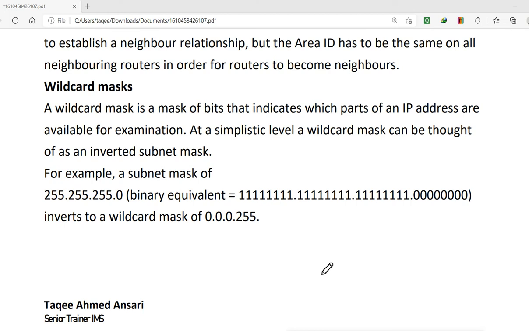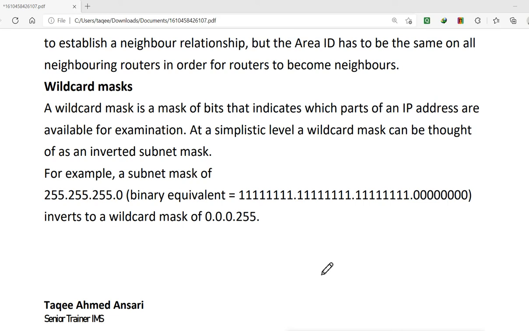Now remember, when we configure the RIP protocol, RIP was easy to configure and there was no wildcard option. But when we configure OSPF, it is compulsory to give the wildcard. Without a wildcard, you cannot configure; the command is not complete. So you have to give the wildcard, and that is why the command is getting very big here. In OSPF, when you introduce the networks, you have to give the network address, then the wildcard for that network, then you have to go for the area also, and mention the area number.